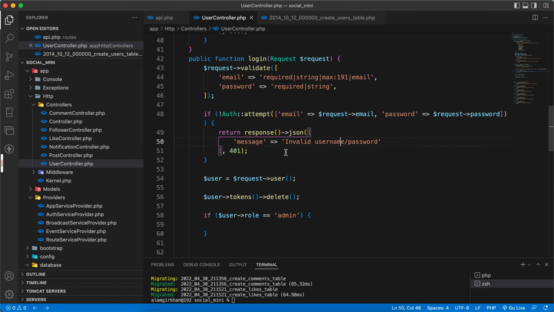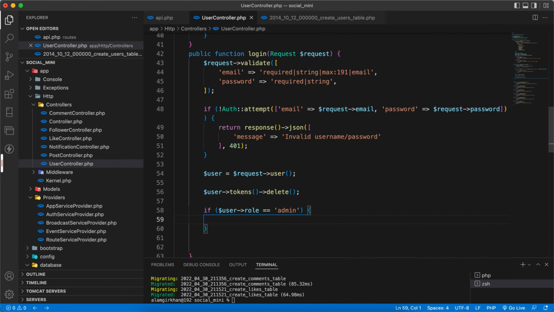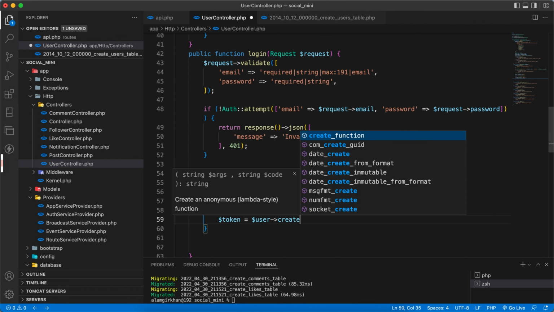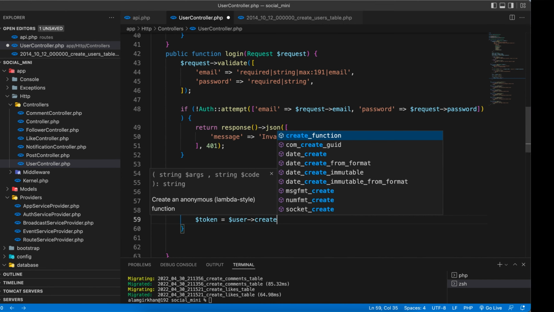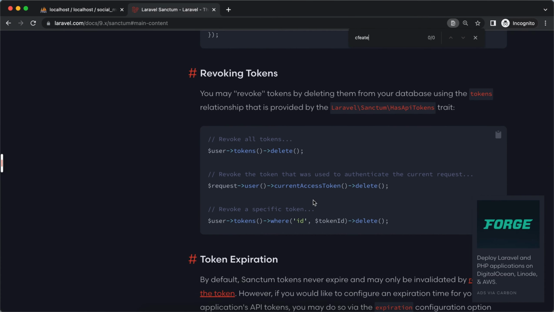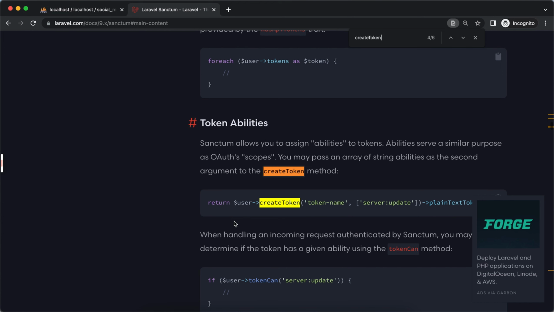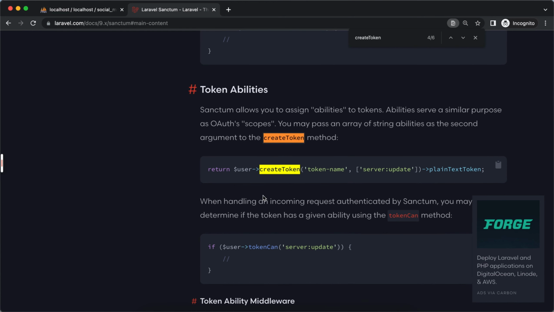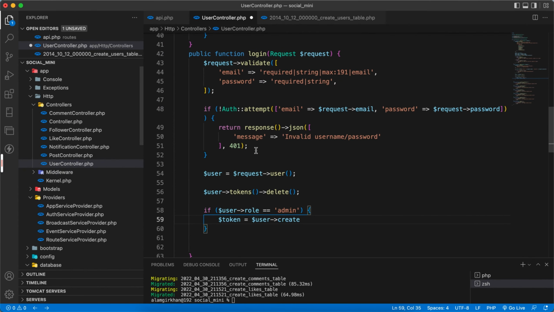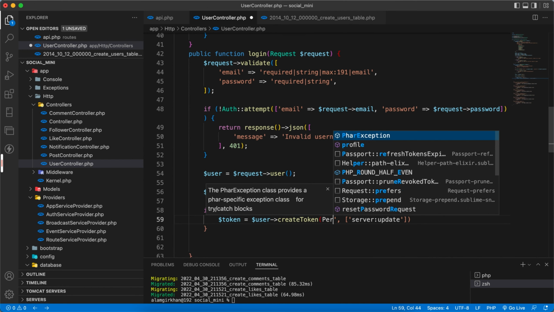Okay, and if the user role is admin, then we have to create a token using the user and a create token method, which is here. Something like this. So let's copy it from here. Let's paste it here, and we can name anything here, but let's say personal